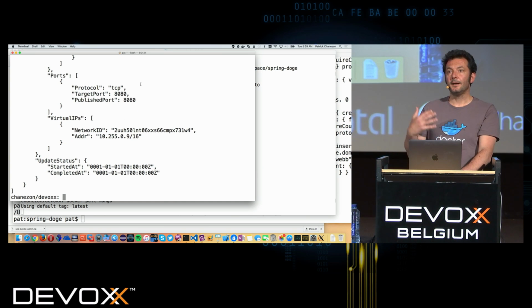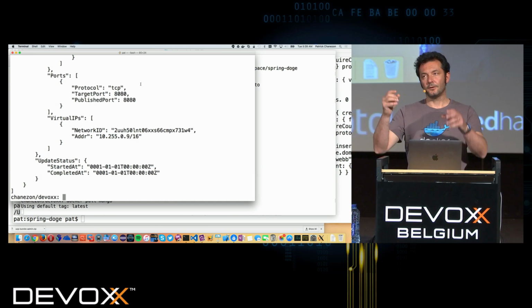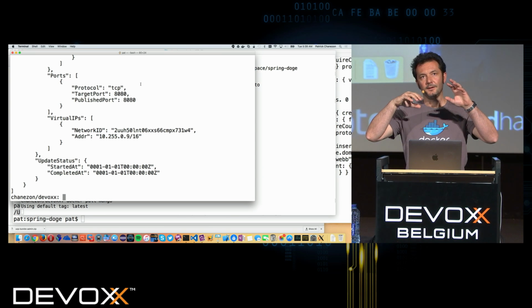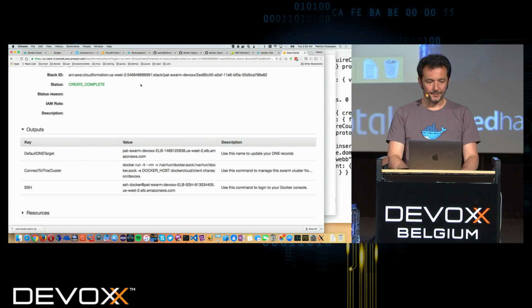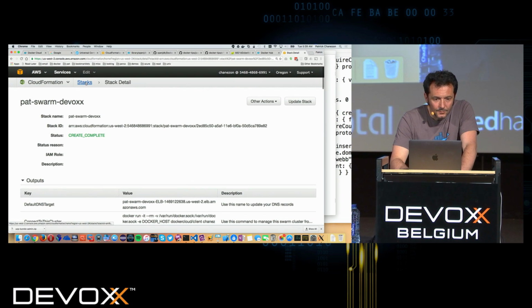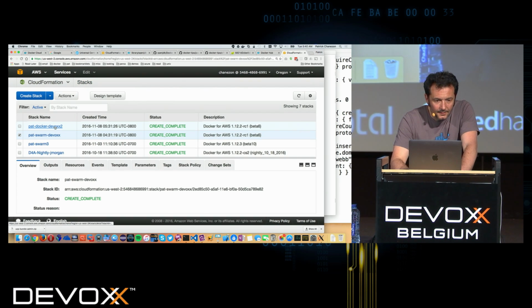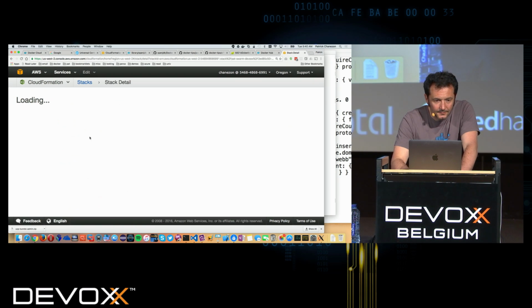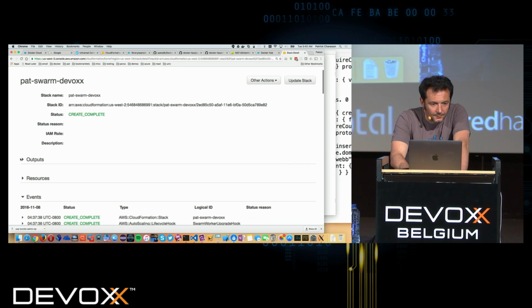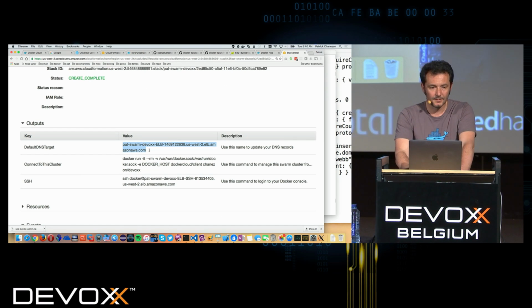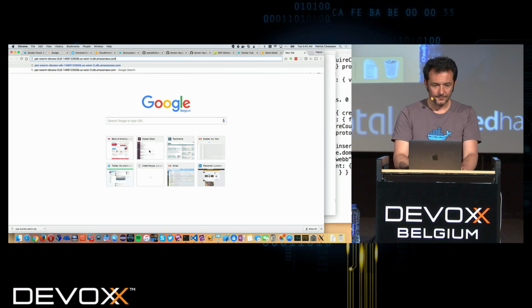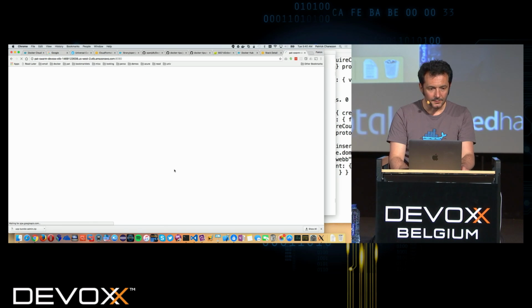And when I do that, that will cause Amazon or the container inside of Docker for AWS to expose that port on the external load balancer. So here I need to go back to my stacks there, and I think it was Pet Swarm DevOps, the one that I created before. When I go to the output, it's going to give me the DNS target name. So that's the target name for the load balancer. So if I go there on port 8080, it should be running.